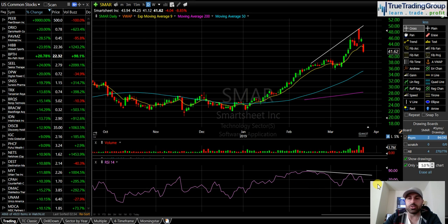So on Wednesday, I identified an exhaustion gap up. Caught that for a day trade. Then fast forward 2 days later, I'm identifying bearish divergence in the MACD, bearish divergence in the RSI. We gapped down below the previous support level that was the low of the day for the last 2 days. And I know that I have an exhaustion gap from Wednesday. All of those things are signals telling me